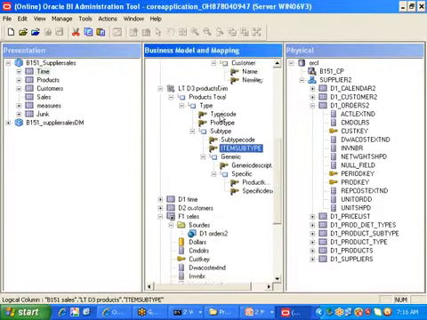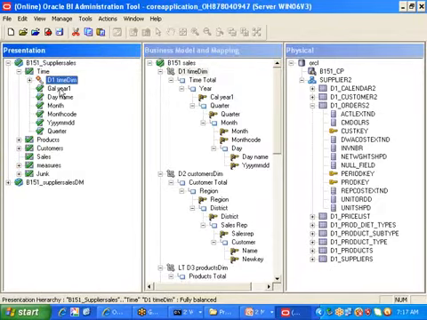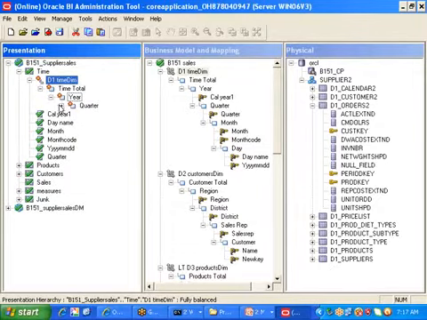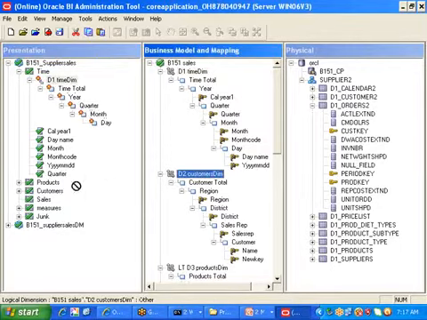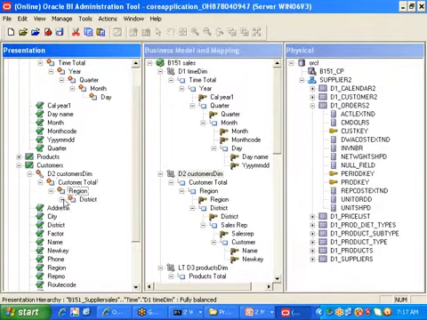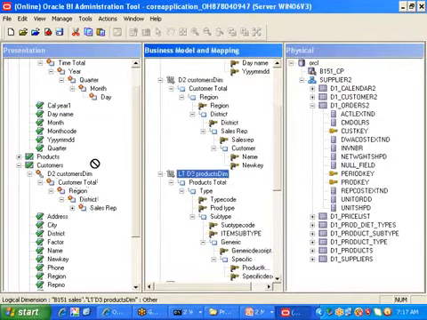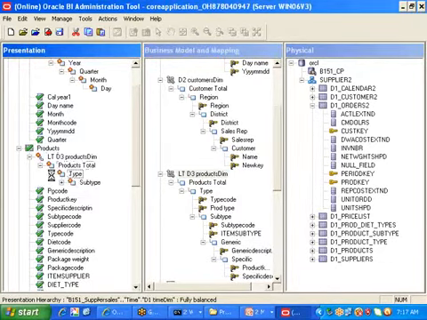I created here the time hierarchy, right? Why can't you drag and drop this time hierarchy onto this time dimension? If you drag and drop, automatically we get one thing that is called the hierarchy object. This is my hierarchy object: time total, year, quarter, month, day, this is what is available. Why can't you take this customer also onto customer? Customer also we get customer total, region, district, all these things. And why can't you take products also into the picture? Products I am dragging and dropping onto products. Then products also we get, all these things are available.